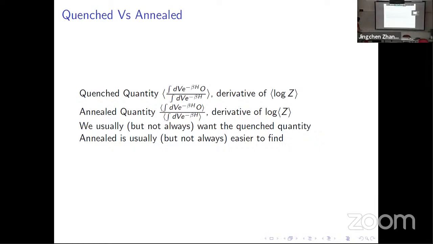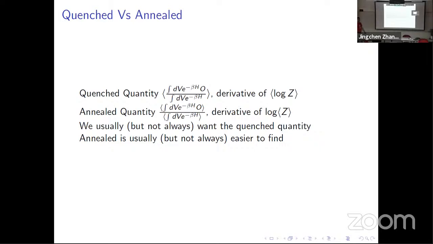But the basic idea is, since this well is so much deeper, it's going to dominate the annealed average. Because it's the annealed average, we're giving preference to deeper wells. So one way to think about this is the annealed average gives a huge amount of preference toward Hamiltonians with really low ground states. Whereas in the quenched average, every Hamiltonian contributes equally.